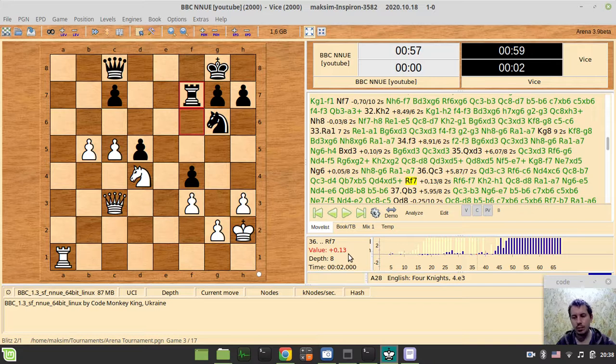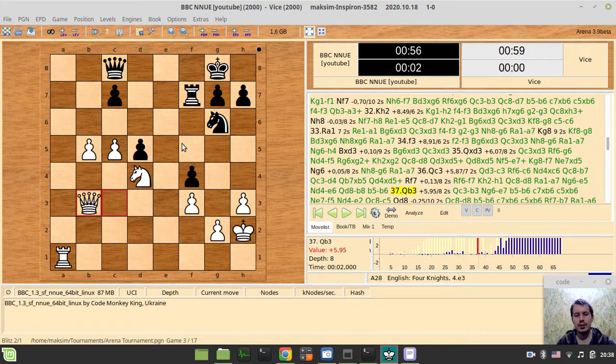1.0 would be one pawn, so this evaluation is in pawns. So BLITZ, playing black, considers his position to be slightly better. But if you have a look at the evaluation by BBC, he considers it like +5, like he's a piece up basically, and not just a regular piece, but about a rook up or a knight and bishop up, so it's a really significant